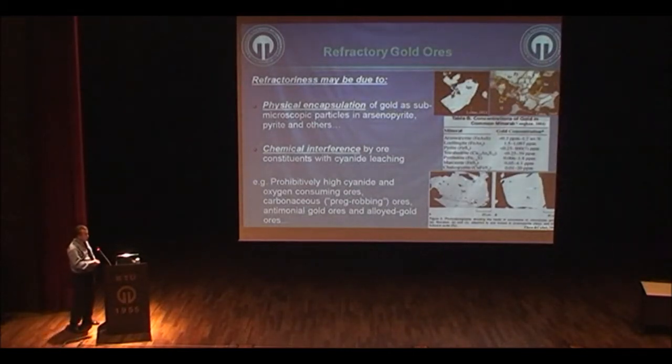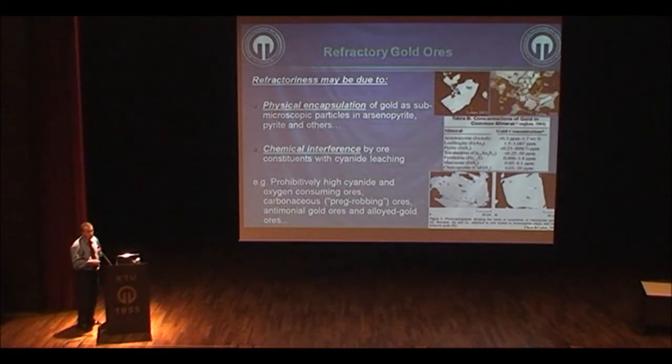What's the reason for refractoriness? There are two reasons. One of them is the physical encapsulation of the gold within sulfides, particularly gold in submicroscopic particles within the sulfide matrix. Arsenopyrite, pyrite, and pyrrhotite are the main gold-bearing phases, and they can contain much gold. Another reason for refractoriness is the chemical interference by any of the ore constituents,